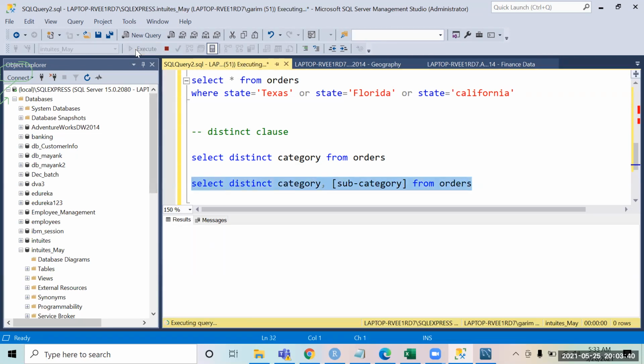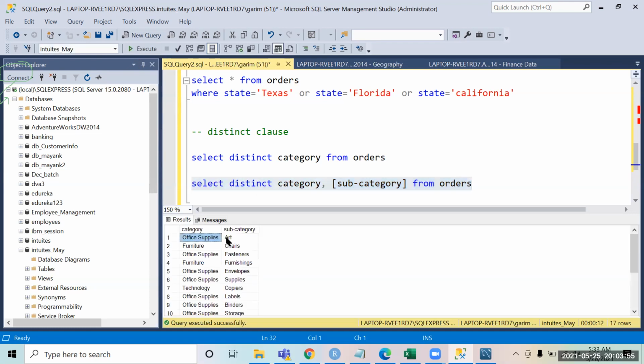If you run it, it gives you office supplies art, office supplies fasteners, office supplies envelope. So you can see the unique combination of category and subcategory.